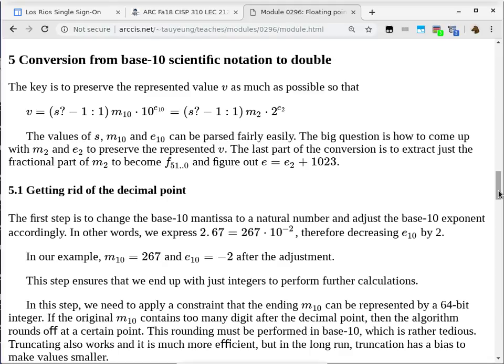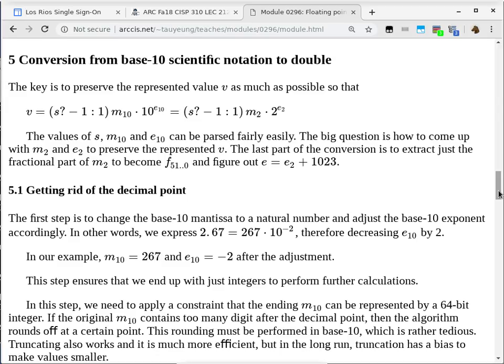So if the sign is a 1, we use a -1 for this ternary expression. If it's a 0, then we use a 1 as a multiplier. That's just controlling the sign itself. At this point, we have a base 10 number, which means we have a mantissa in base 10. That's the same thing as the member called man10 in the structure. And then we have exp10, which is e subscript 10 in this notation, but they mean exactly the same thing. It's just that I can't use subscripts as a variable name in C and C++. I suppose I could use m_10 and e_10, but